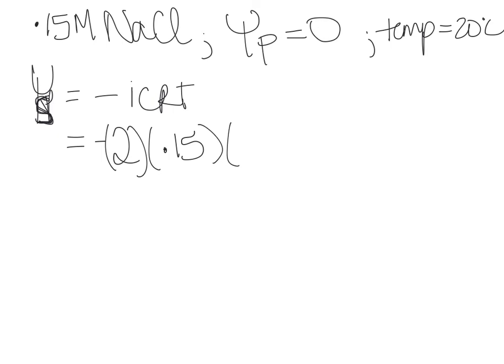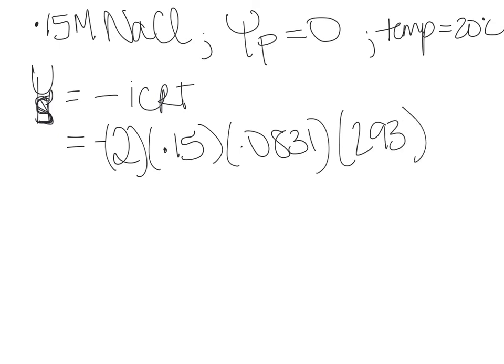Our constant is going to stay the same. It's still going to be 0.0831. And our temperature is still going to be 293 Kelvin. Okay, but this time, because of that added ionization factor of 2 and not of 1, our solute potential is now going to be negative 7.30 bars. But again, we are finding water potential ultimately, so we have to plug that into our original formula